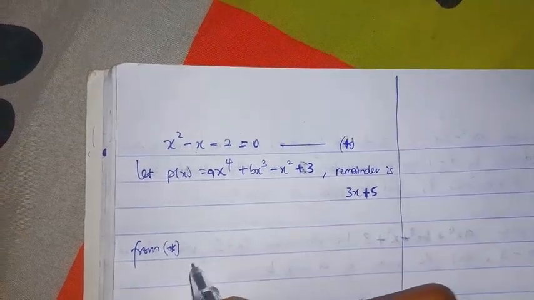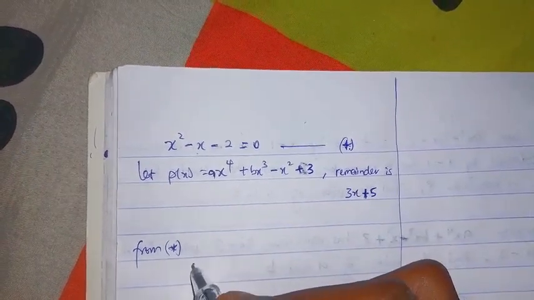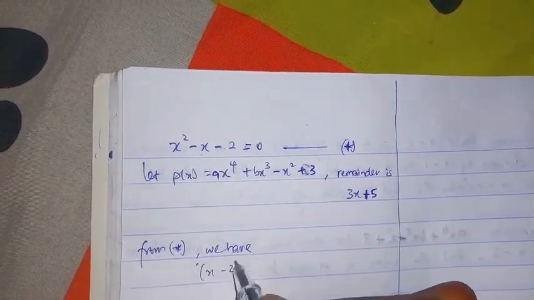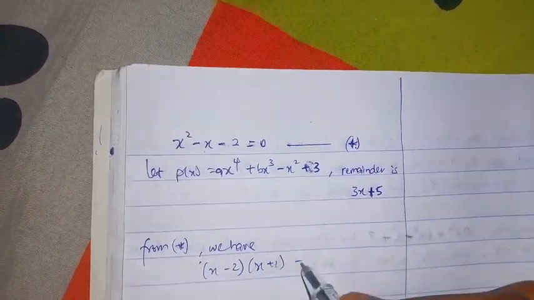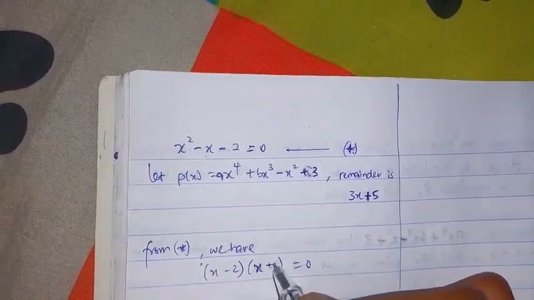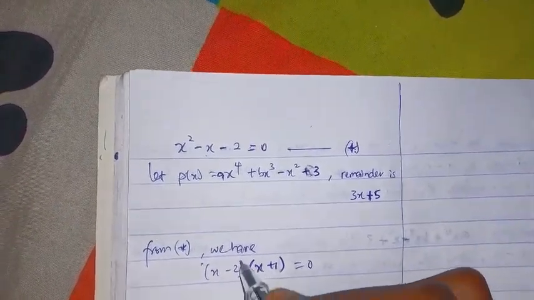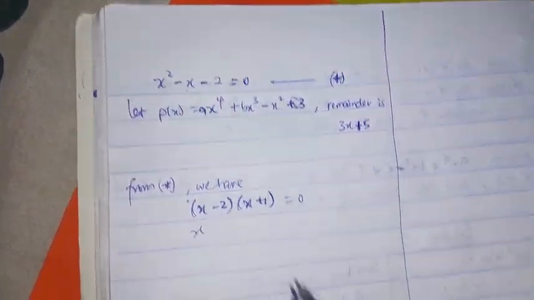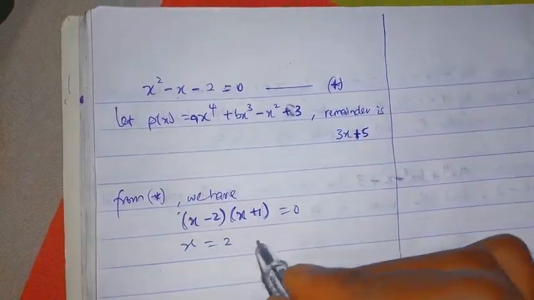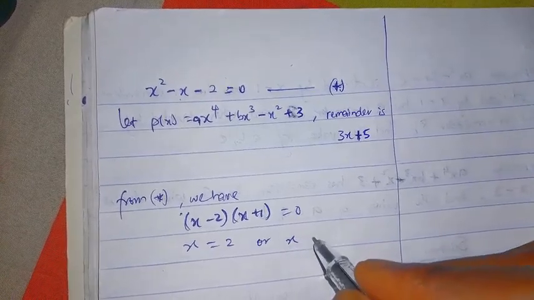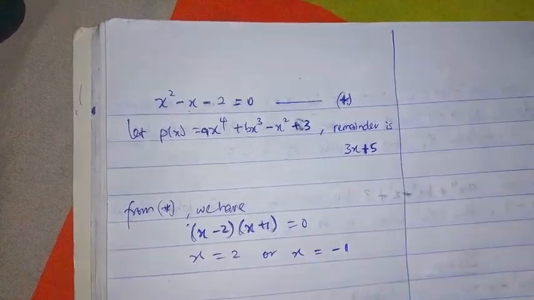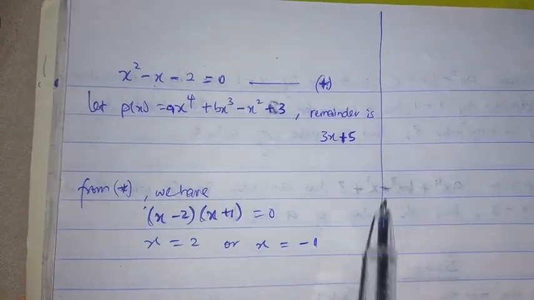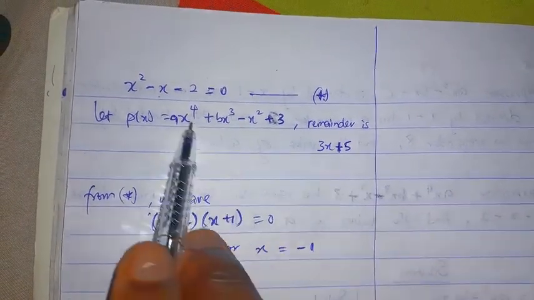So from star, I have (x minus 2)(x plus 1) equals 0. Now, if this is what I have here, what does it imply? It implies that x equals 2, or x equals minus 1. Now, unlike the first one we solved, my remainder here is 3x plus 5 when divided by